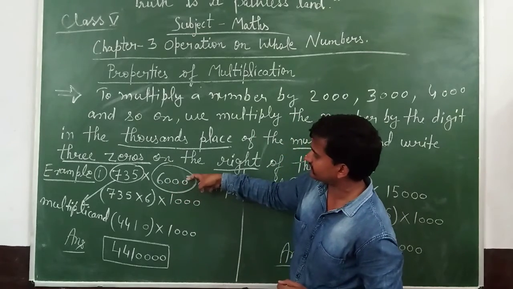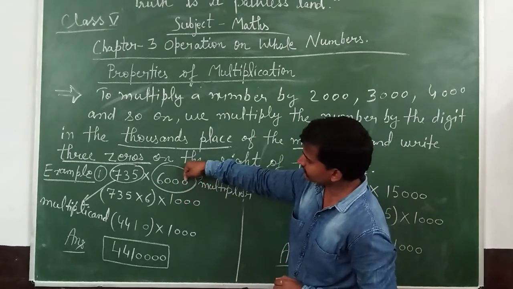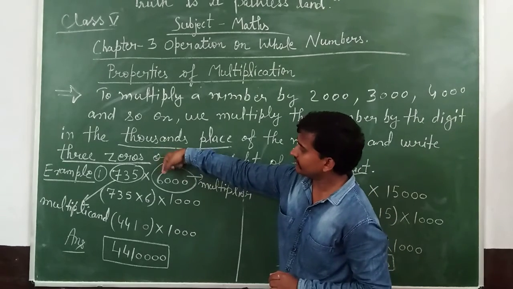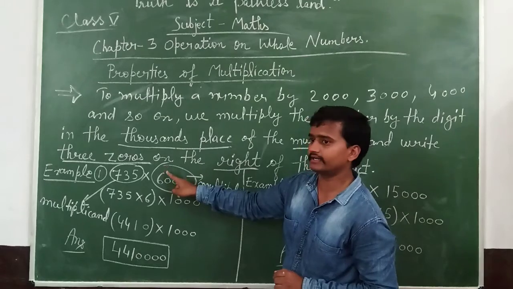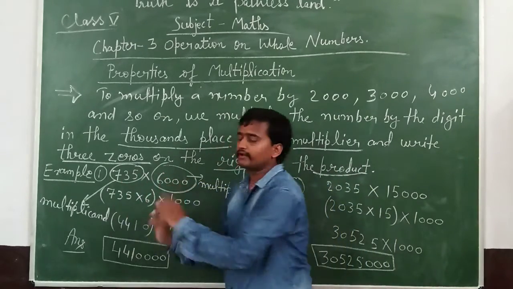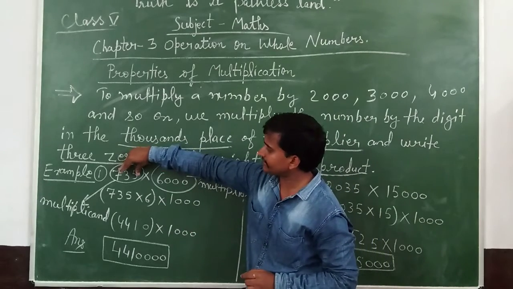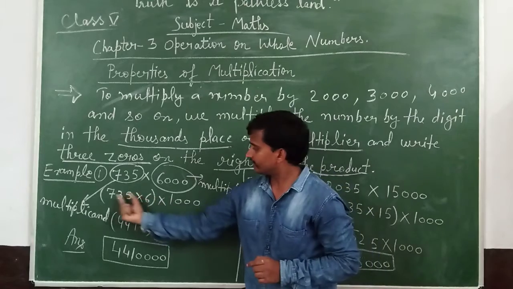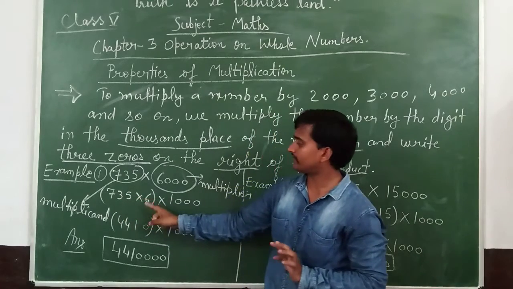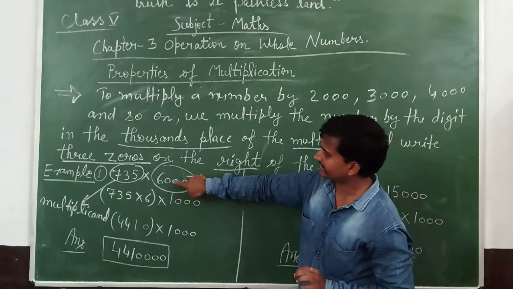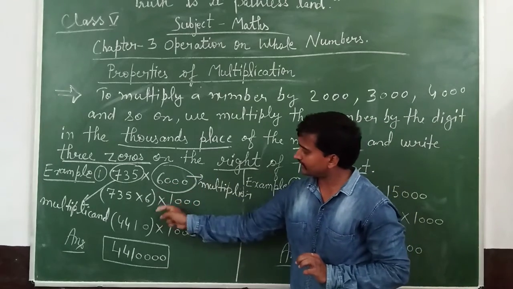This is the ones place. This is the multiplier. Ones place, tens, hundred, thousand place. And here the digit at the thousand place is 6. So first of all, in a bracket we multiply the 735, this number, by the digit at the thousand place. 735 multiplied by 6 and the 3 remaining zeros, ones, tens, hundred. We then multiply by